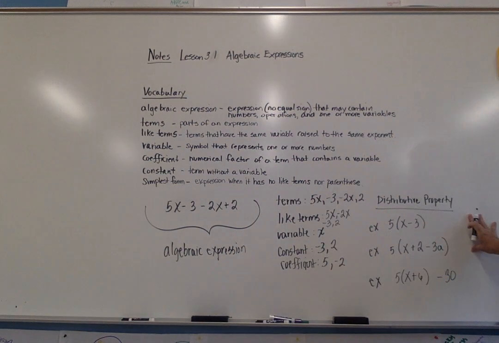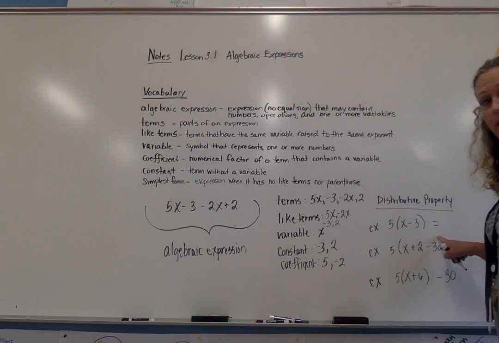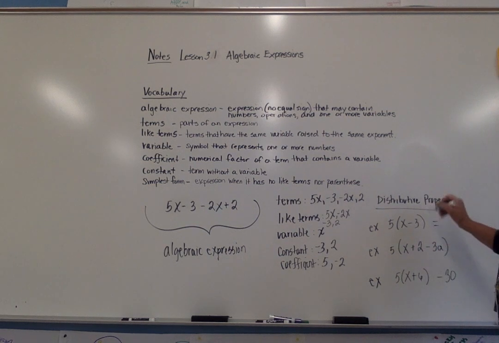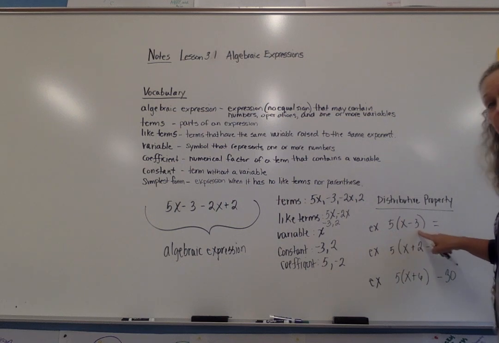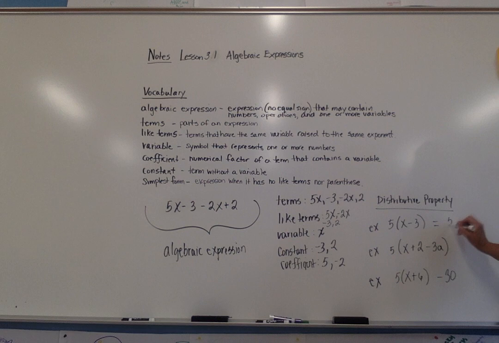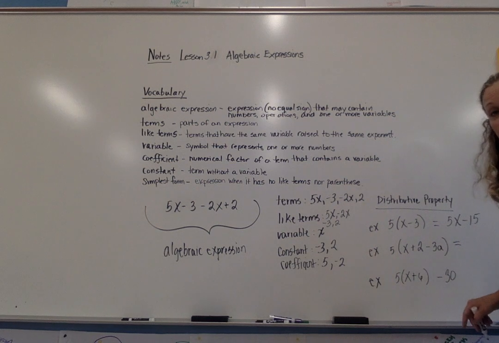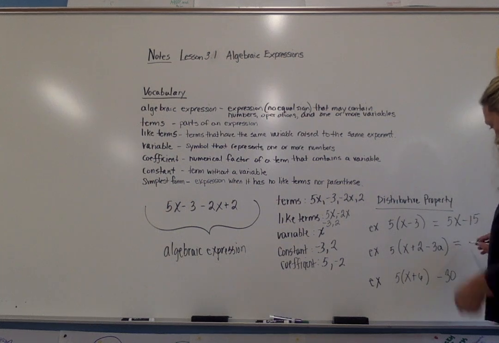And then a quick recap of distributive property from last year. When a number is in front of a parentheses, what you're going to do is multiply that number by every term on the inside. So when I distribute that 5, I have 5x minus 15. When I distribute that 5 for the second algebraic expression, I have 5x